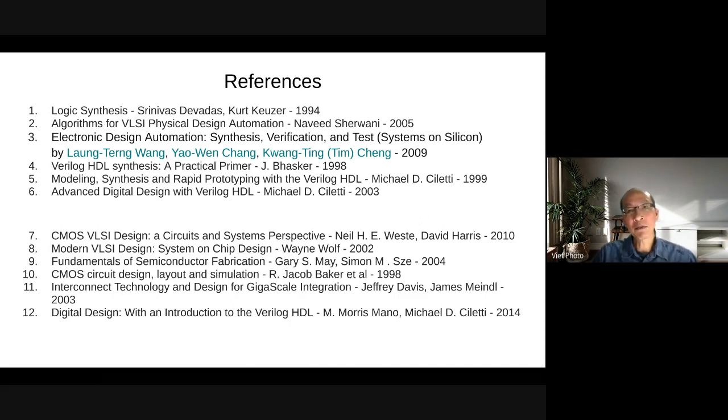I think you guys have a class of VHDL or HDL. I don't know what level you have, but these three books are very good for that. They can give you a starting point, some kickoff, so you can get used to it. Numbers 7 to 12 here are about digital design, especially number